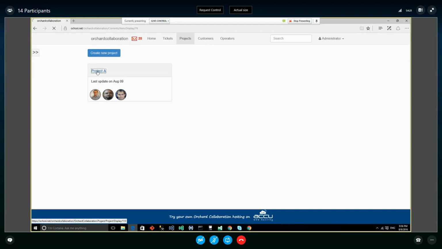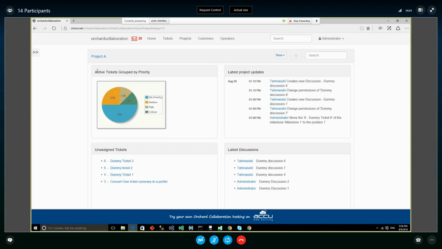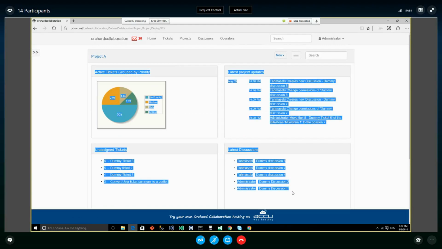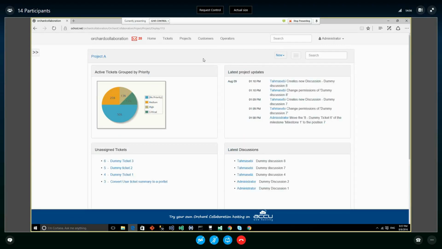Each project, here is the main page of a project. Each project can have different content types attached to it. By default, there are discussions, tickets, milestones, documentation. It can also be extended by creating new content types. Here is the home page of, for example, a project. Here again is an Orchard list, and the user can edit it